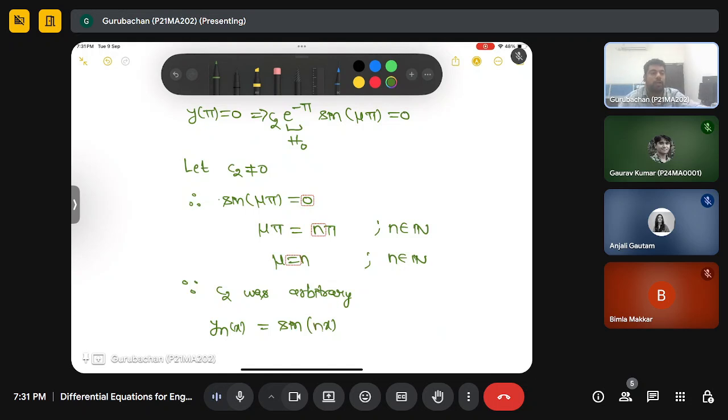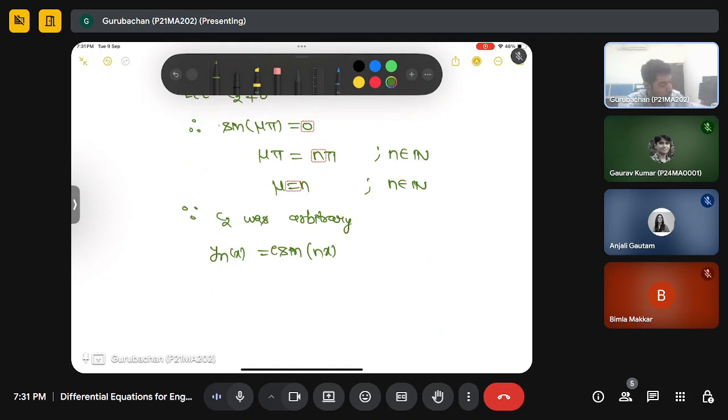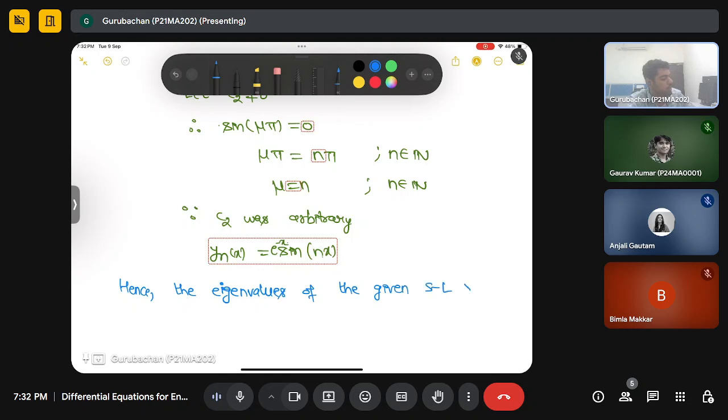Okay, so if I conclude this, since there was e^(-x) also there, hence the eigenvalues of the given SL system